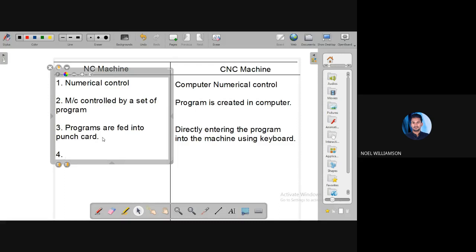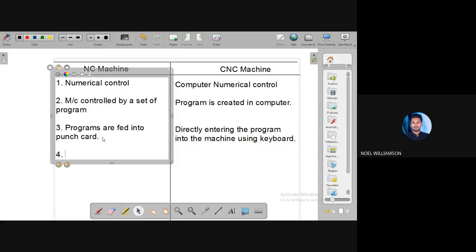So in that case, the program also should be changed. In the case of NC machine, we are creating a punch card. So already a punch card is developed. If we have to modify it, we have to edit that. So editing in the punch card is a little bit difficult.